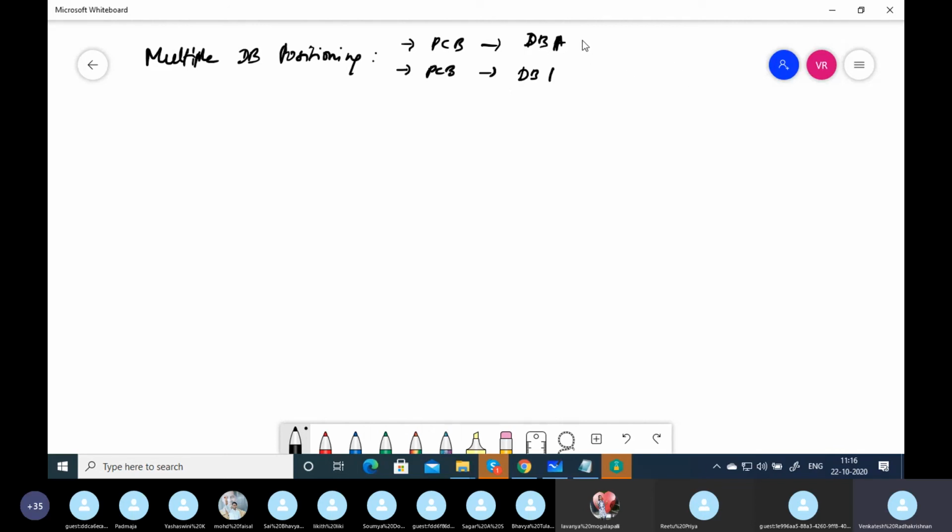For example, say this database has segments like this: 1, 2, 3, 4, 5. So 1, 2, 3 can be here and 1, 4, 5 can be here. So a different path in each. This database is having this path, and this database is having that path, or it depends on the design. So you can have multiple DB positioning. That's one important thing. And if IMS DB is abandoned in the middle, you have to do a batch backout.